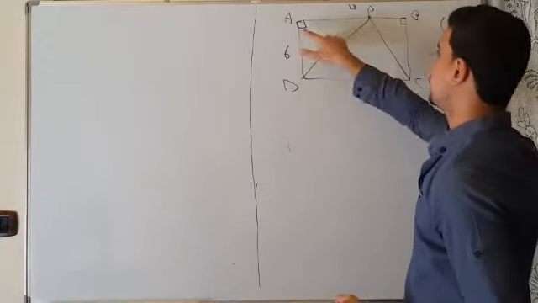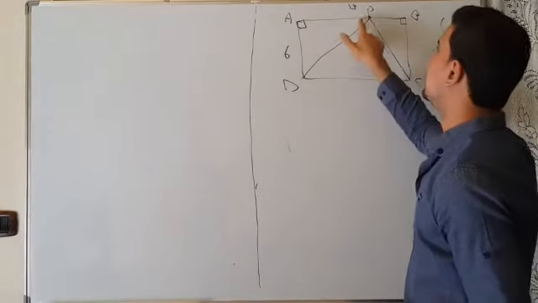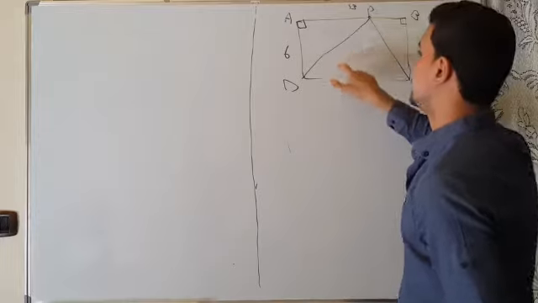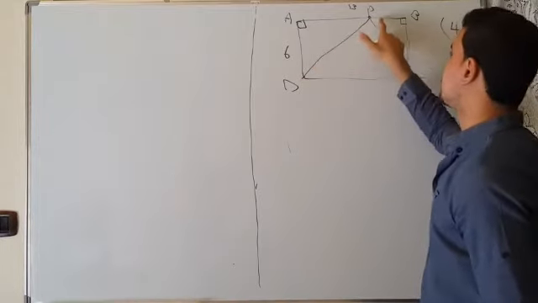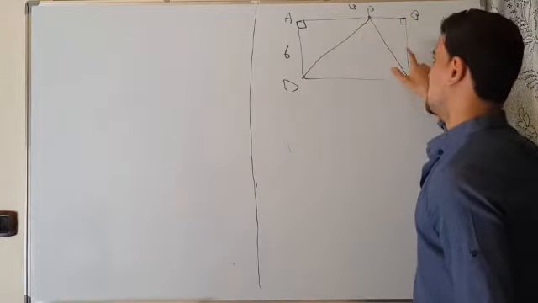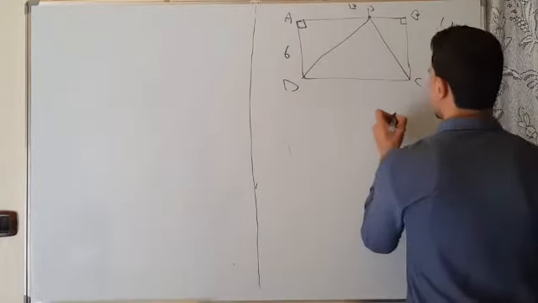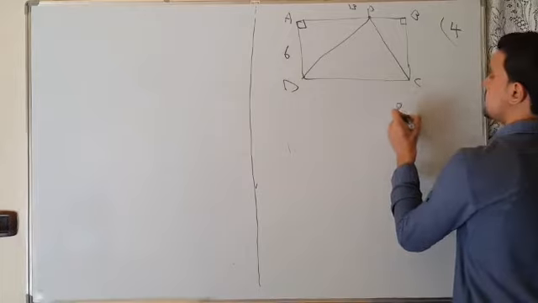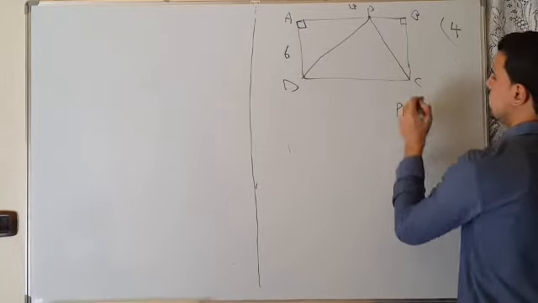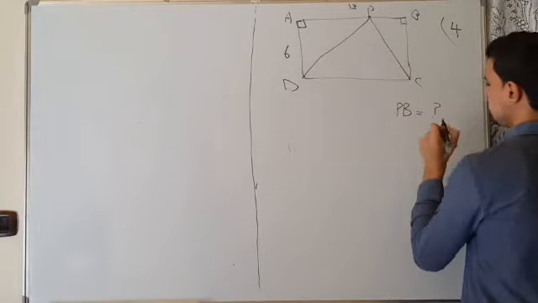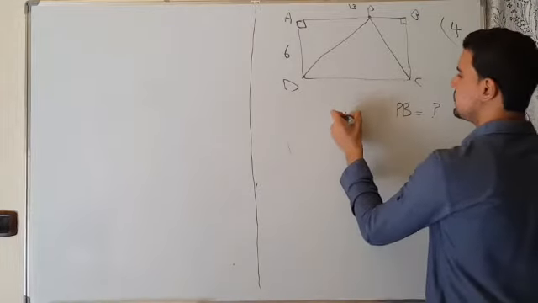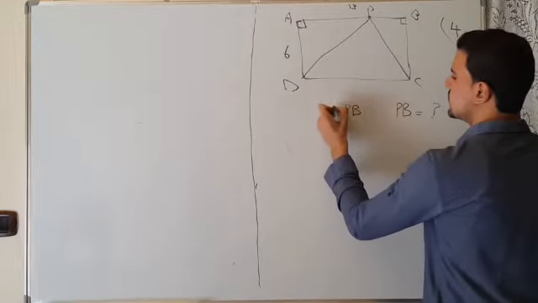P is chosen on AB, not randomly. It was chosen so that APD is similar to this triangle PBC. Now they're asking us to determine the value of PB, knowing that PB